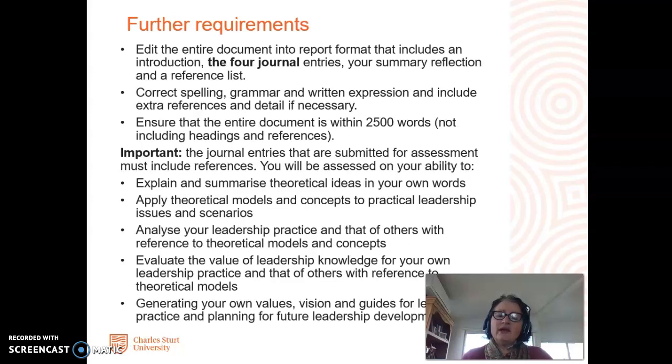Generating your own values, vision and guides for leadership practice and planning for future leadership development. So the outcome of this is a really succinct, really purposeful action plan that you can use as a blueprint for the next 3 years, and that can include your learning in your subjects, in your course, whichever course